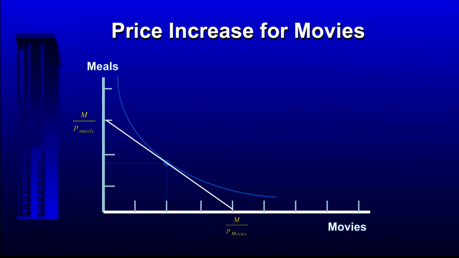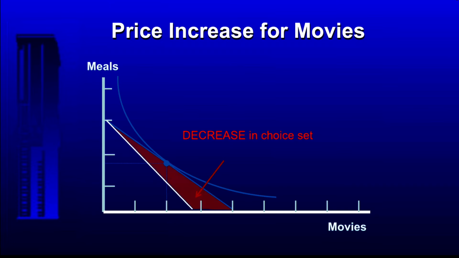Okay, so now we want to look at what happens when we start changing these relative prices. So we're going to start off here and look at what happens to the consumer's ability to buy goods if the price for movies increases. So just as we saw before, the constraint will shift to the left and give him a smaller choice set. We're going to see the red area is going to be all the bundles that he can no longer afford